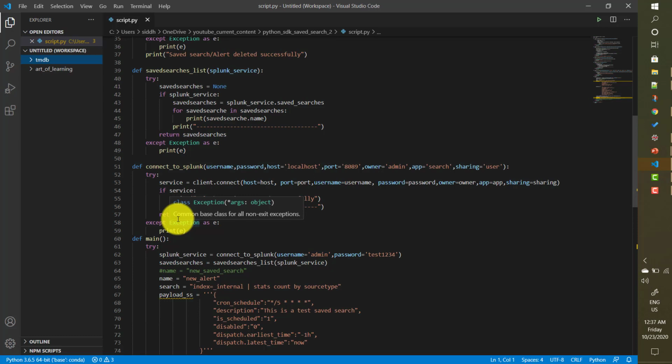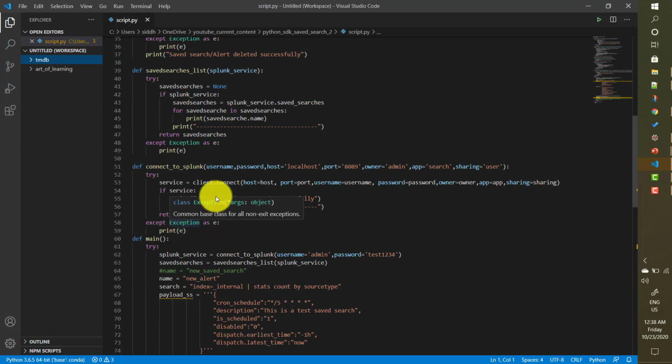Jobs means a collection of job objects. Similarly, when we created a saved search, we added a saved search to the saved searches collection. Here also we will be adding a search job to the jobs collection.